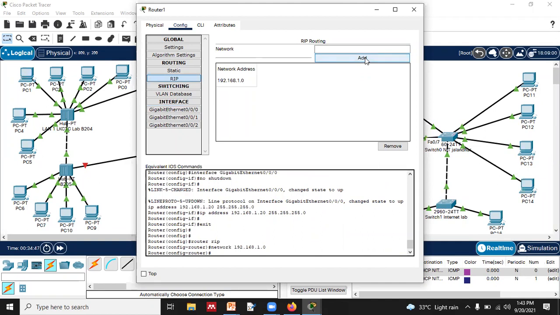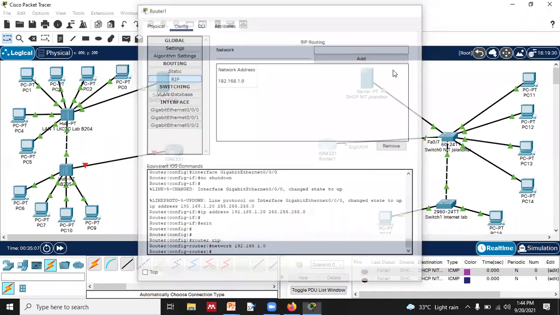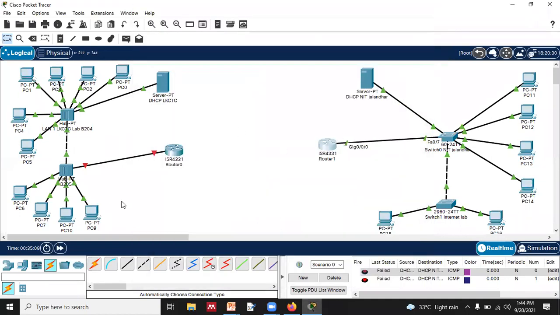You can check it. You can never assign a .0 address to any device except only on this router, because now the router is taking care of packets for that network, and for that reason the router requires a network address. It does not require an IP address, right? Because the router will only deliver the packet to that network. The router will not deliver the packet to the destination.